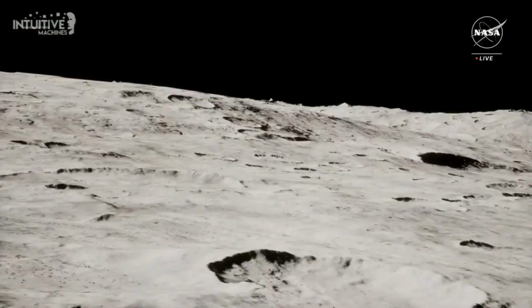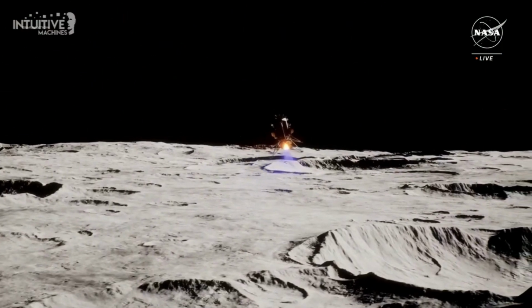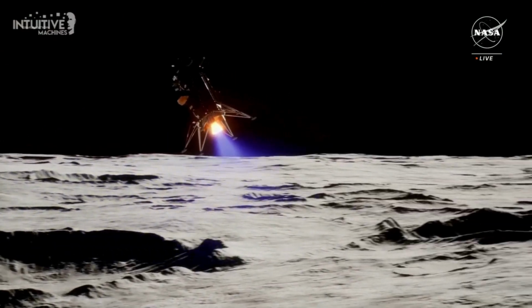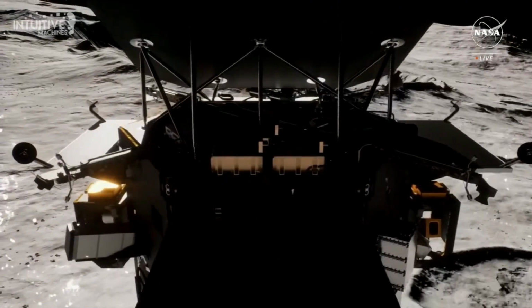Cameras and lasers are feeding information to the lander's navigation algorithms, which provide guidance, navigation, and control. With a safe site identified, Odysseus enters a 3 meter per second descent, then down to 1 meter per second for the last 10 meters to the lunar surface. Now, the lander is using an inertial measurement unit, which is similar to a human inner ear that senses rotation